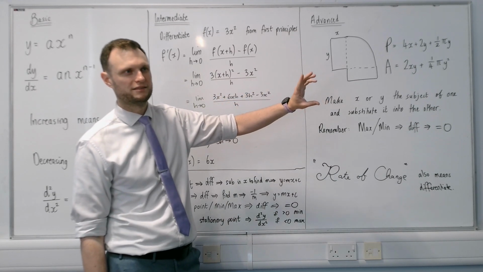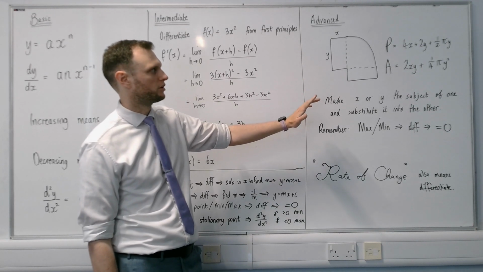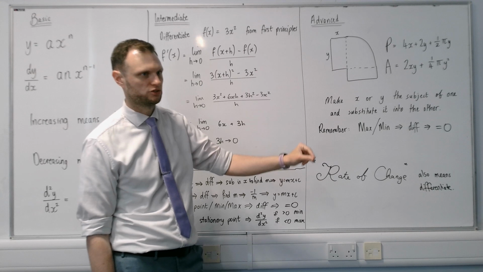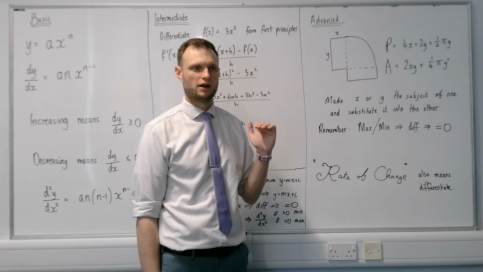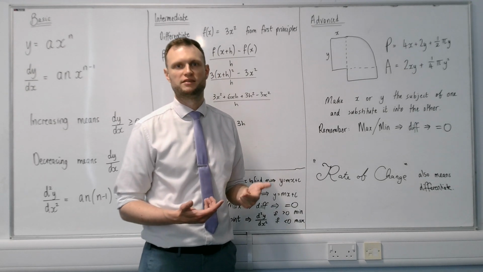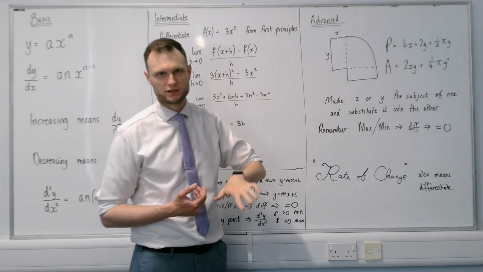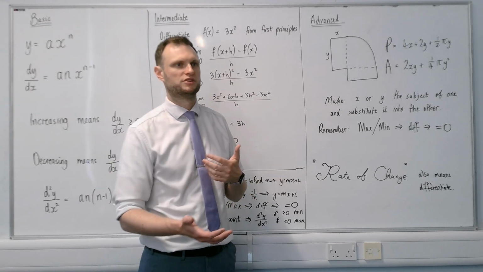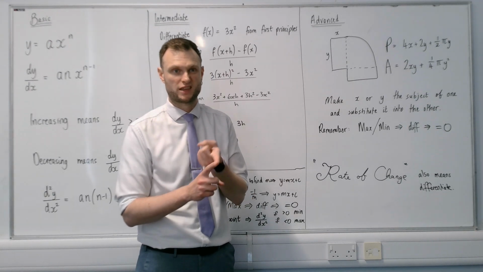Modelling tends to trip people up because the first question is almost always just some algebra. It's just some algebra from GCSE. Normally it's to do with either a two-dimensional shape or a three-dimensional shape. And they tell you some stuff about the shape, and they tell you, say, like they give you the perimeter